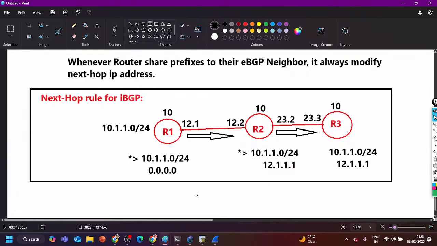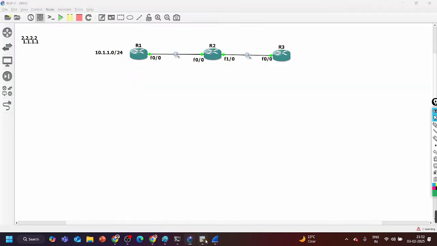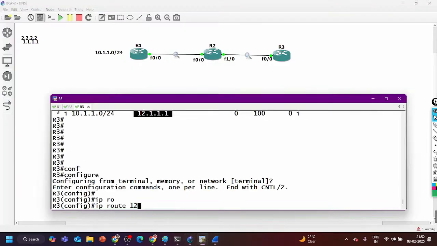In case of EBGP, the router always modifies the next hop address. Right? So these 4 rules you need to keep in mind: loop avoidance in case of IBGP, loop avoidance in case of EBGP, next hop in case of IBGP, next hop in case of EBGP. And we'll talk about the solution later. For now, I'm just adding one route, 12.1.1.0 255.255.255.0, with exit interface f1/0 and the next hop IP address,